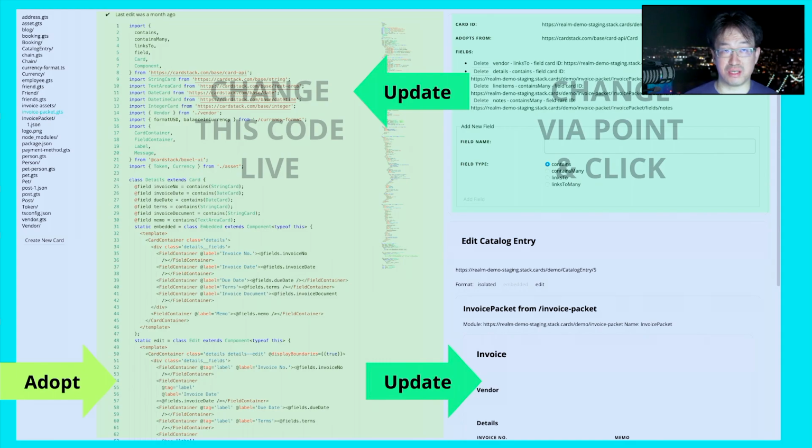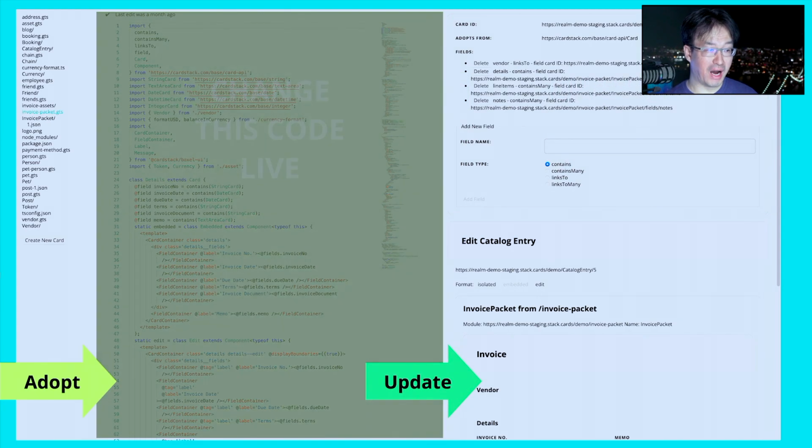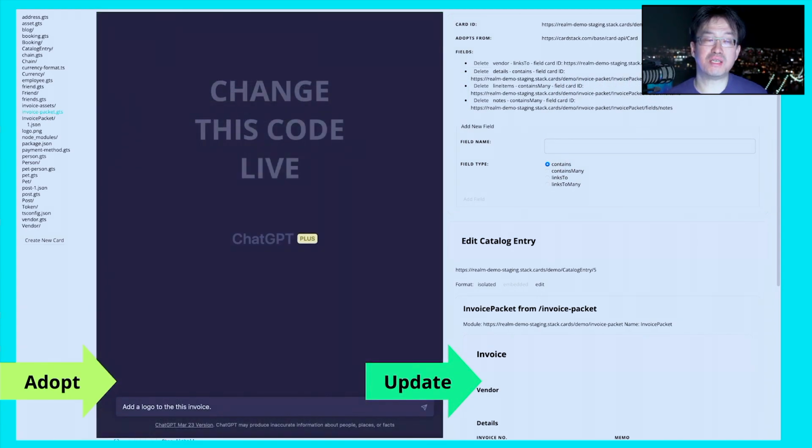I think you now see where I'm going. This code editing tool can be replaced by a ChatGPT chat session. So instead of writing code or pointing and clicking and adding a field, you just add a logo in this website. You preview and see it on the right side, and you say, oh, make it blue. And then this update doesn't require deployment, right? You don't have to push the code. There's nothing. You're just seeing it there.